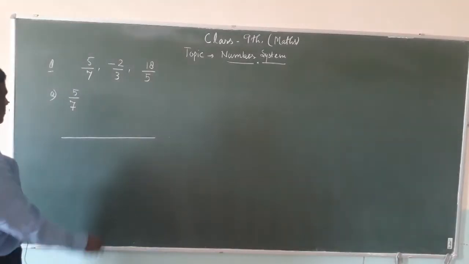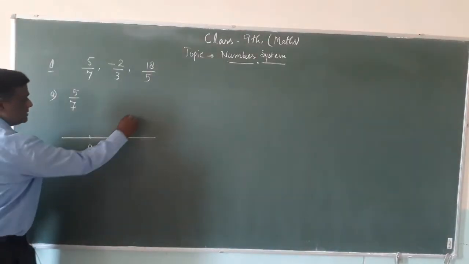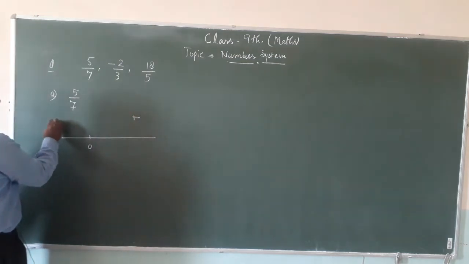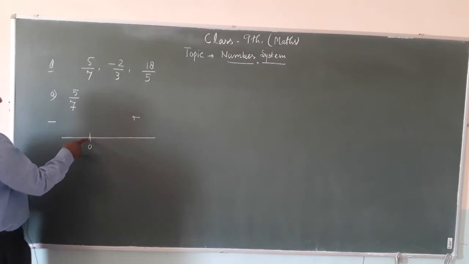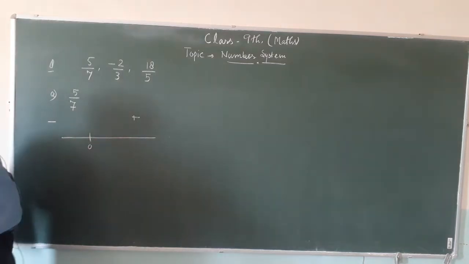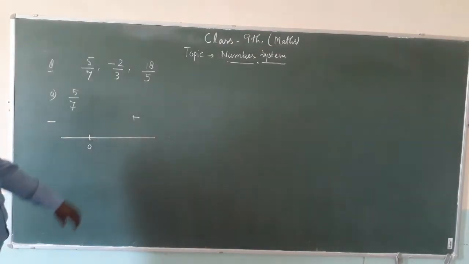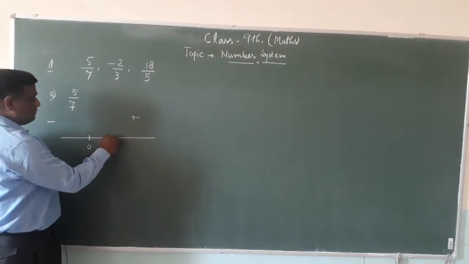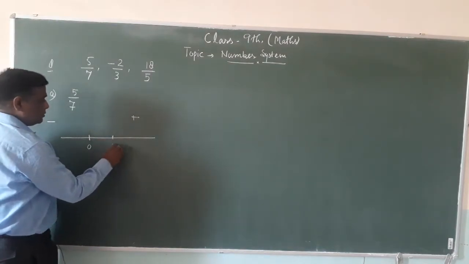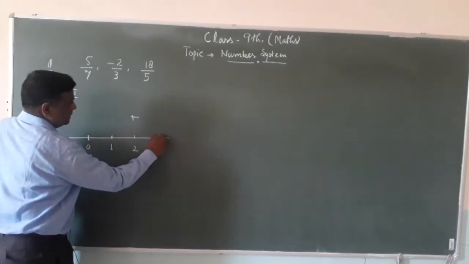Now take 0 here, this side is positive and this side is negative. Now first we can take 1 centimeter, 2 centimeter with the help of scale on the number line. Suppose 0 is here, 1 centimeter, 2 centimeter and now 3 centimeter,